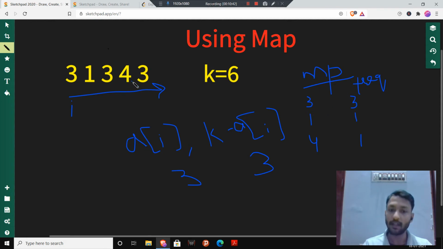So what I will do, I will decrement the frequency of A[I], I will decrement the frequency of K minus A[I], and I will increment my count. Initially my count is initialized to value 0.